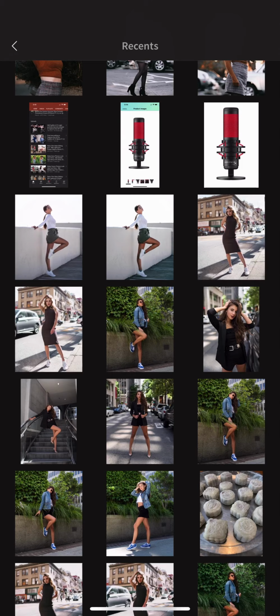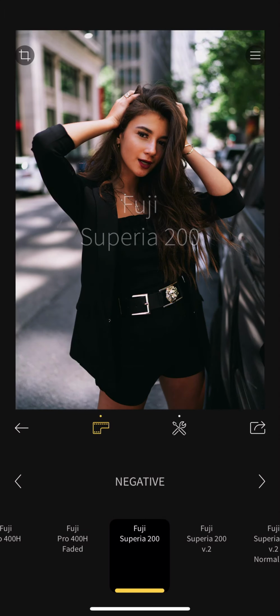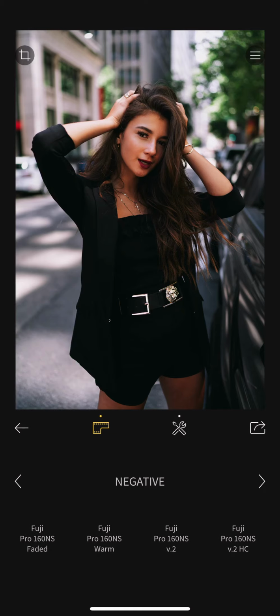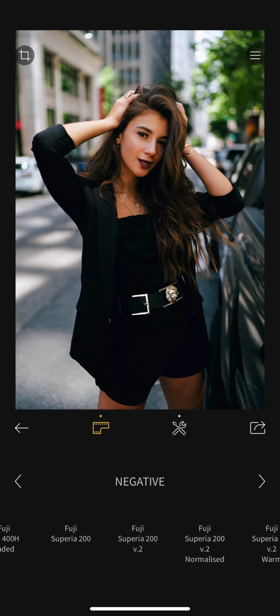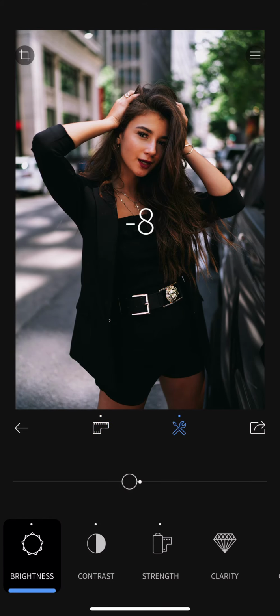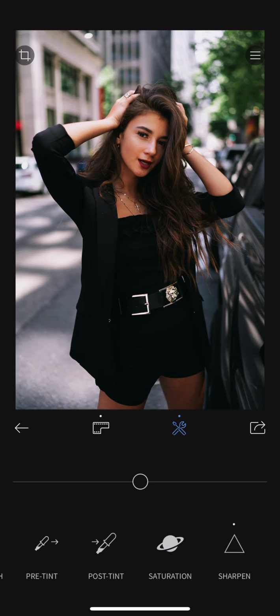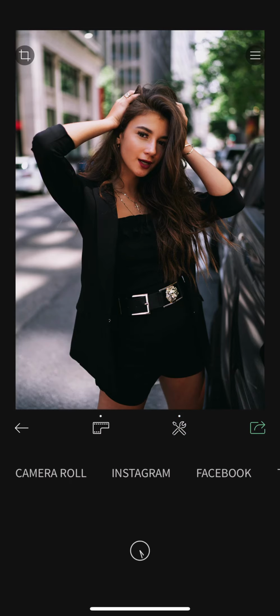And then the last couple ones from the street style. Let me try this one. Let's see how it goes. And this is the Fuji 200. Let me try the Pro 160. And this is too green for me. The green tint is too much. But let's stick with this one so that it is consistent, because many of you ask about the consistency of the feed. You usually just use the same one again and again. Let me save this one first, and then we can try some other